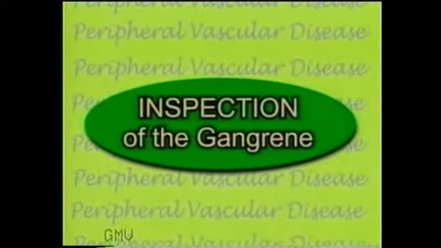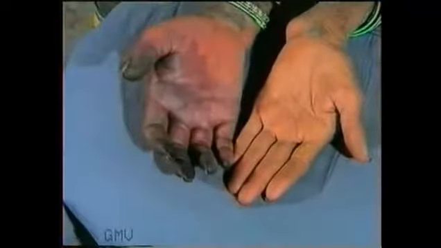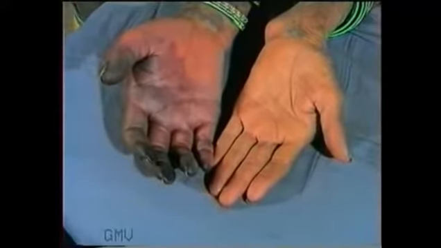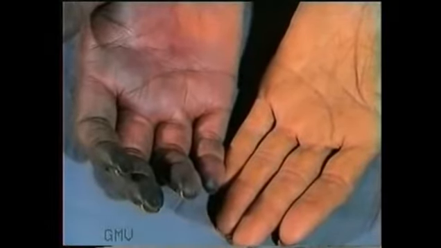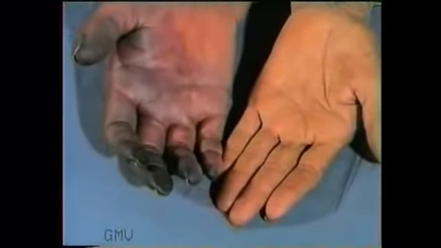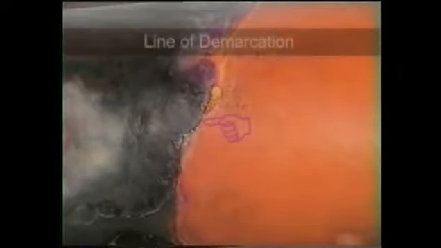On inspection of the gangrenous area, it shows a dark discoloration and a shriveled up mummified appearance if it is a dry gangrene. Note the dry, shriveled up appearance of the dry gangrene of this right foot and leg. A wet gangrene, as seen in the fingers of the right hand, shows black discoloration, but the tissues are edematous and swollen, and there is no clear-cut demarcation between the gangrenous and the normal limb. In comparison, the dry gangrene shows a line of demarcation between the dead gangrenous part and the normal living limb as seen in this leg.